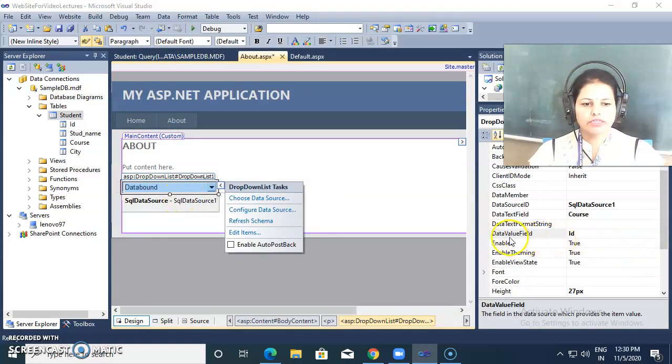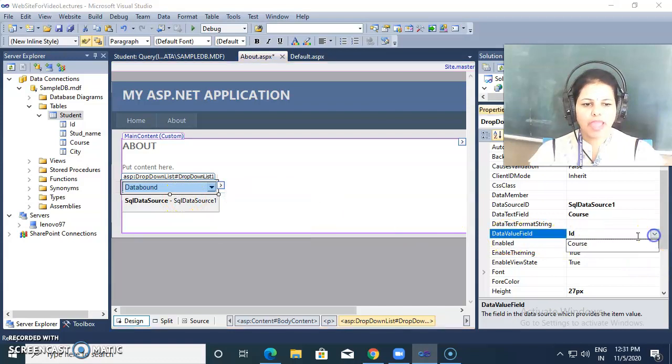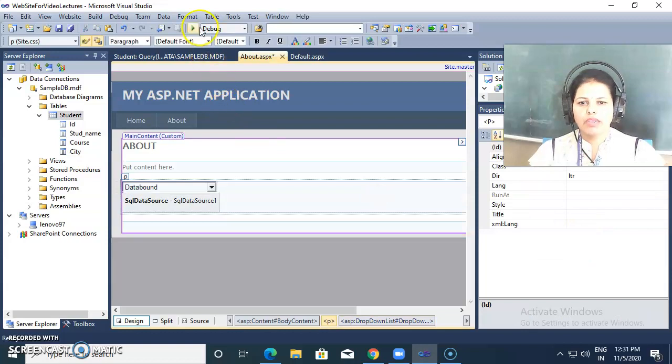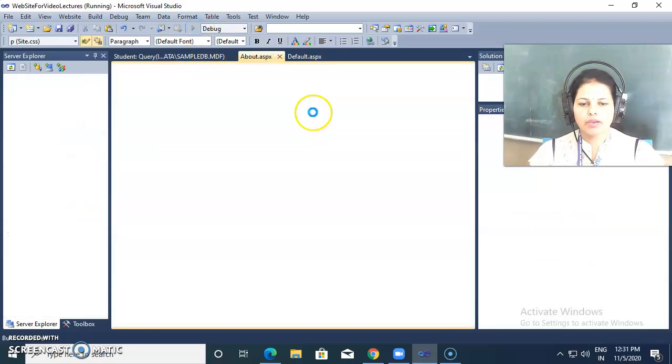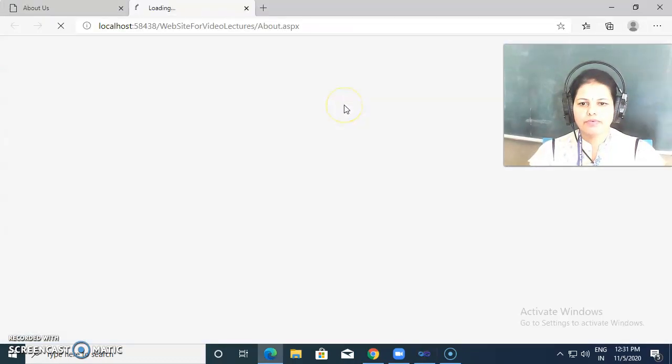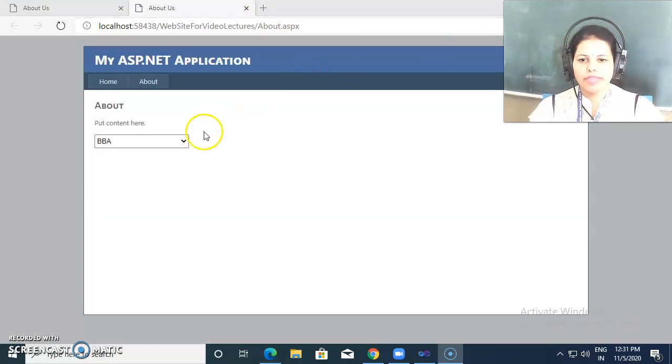Then inside properties, change the data value property from ID to course, because we are selecting only one column. So the text field is course and the value field is also course now. And if I run this page, what will we get? Is there any duplication or not?